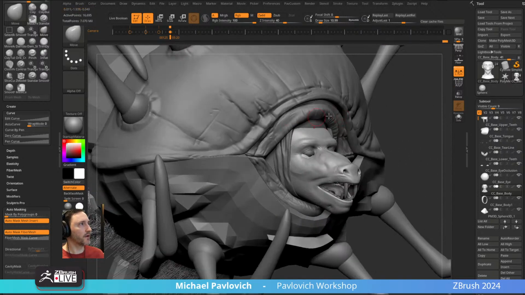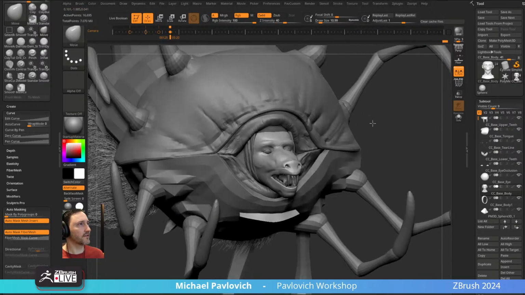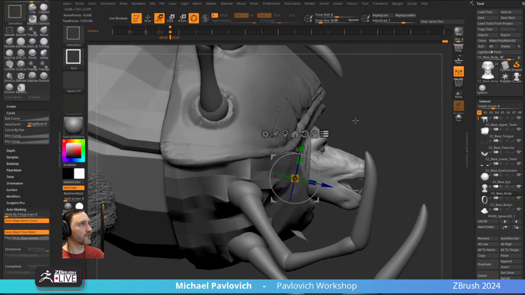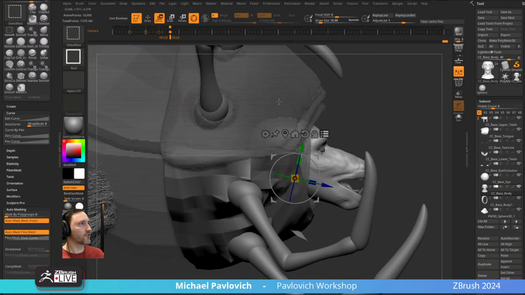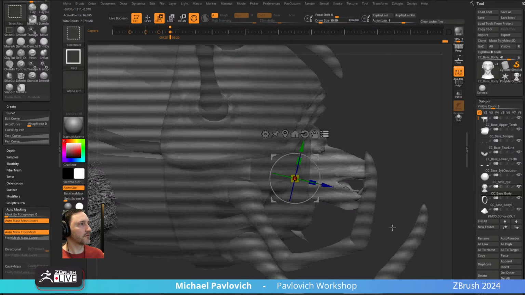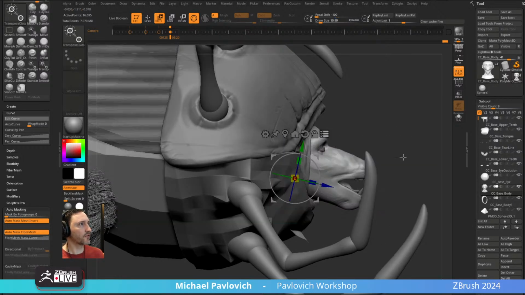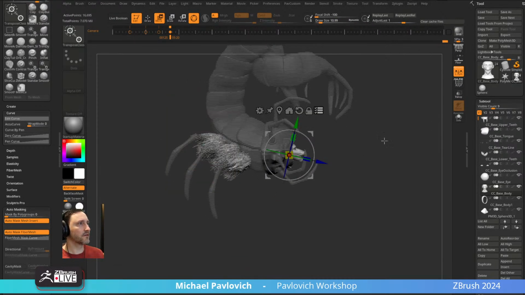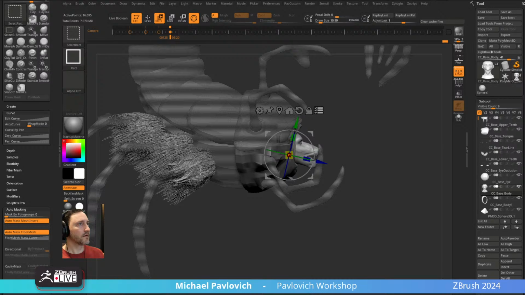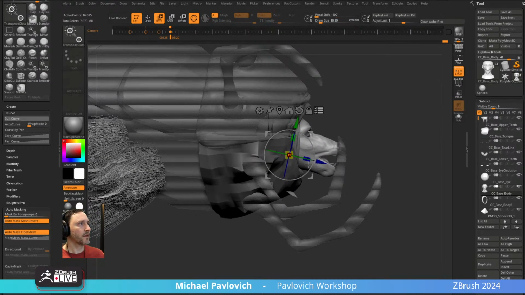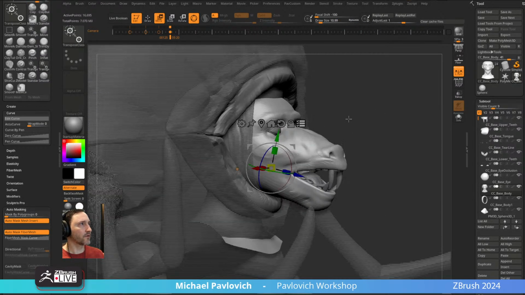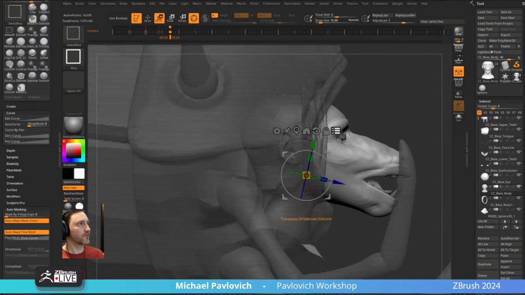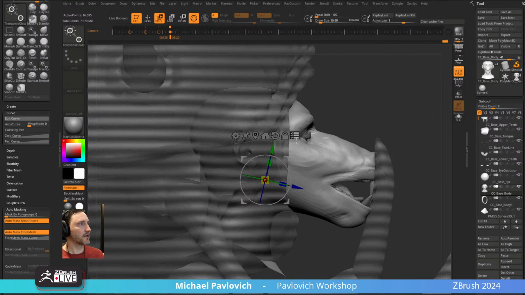So we go in here, this thing is kind of squeezing through this opening, right? So I'm going to go back in here to move multiple, Control Shift drag. We're going to move over all this stuff, Control Shift Alt to get rid of, Control Shift drag, Control Shift Alt, Control Shift Alt. There we go, Control Shift Alt. Okay, there we go. So now we can just move, let's move the membrane back a little bit, and then